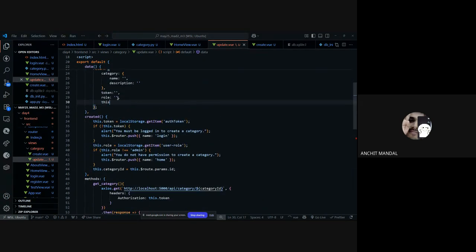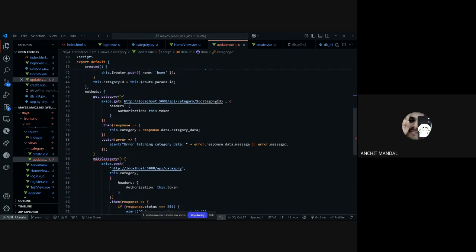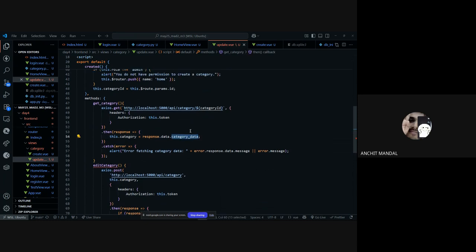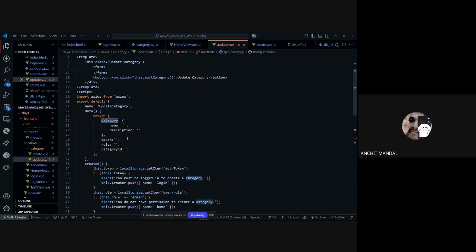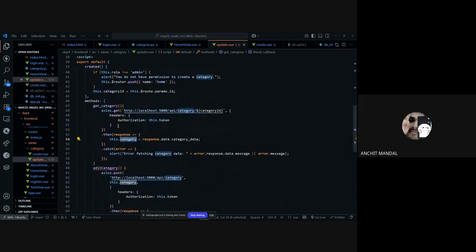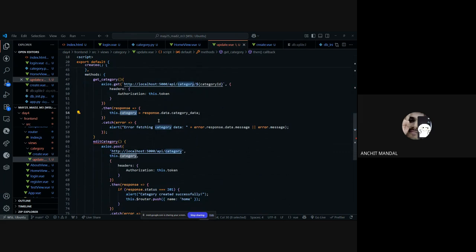And I'm coming to this in a moment, but category ID, okay. Authorization and everything is there. Category data, okay. This dot category. I need the category. Oh, the category is already there, so category will be populated, right, with the category data, and category data will be having